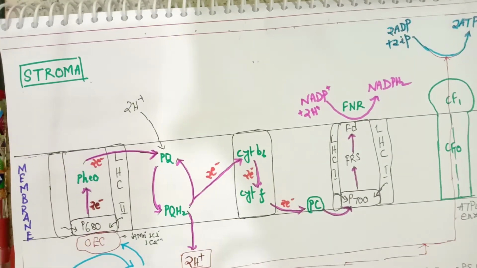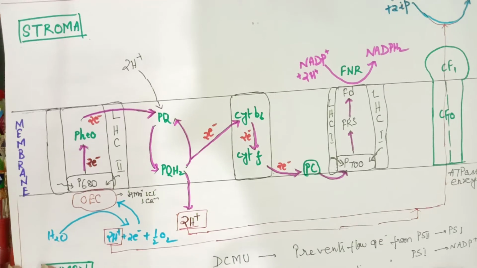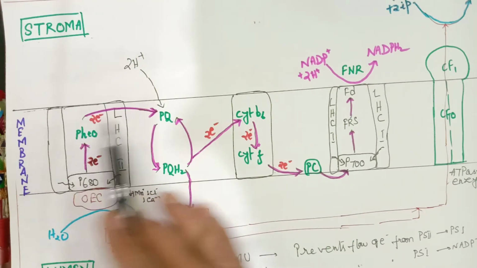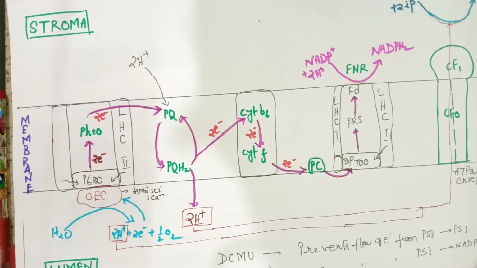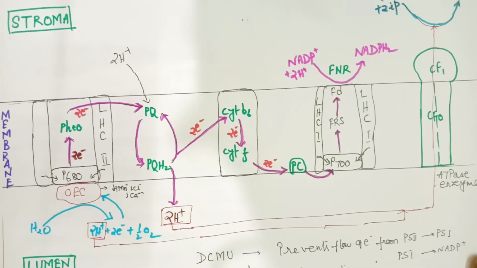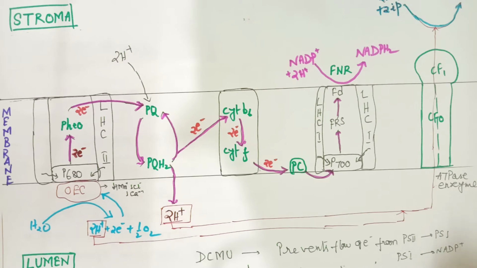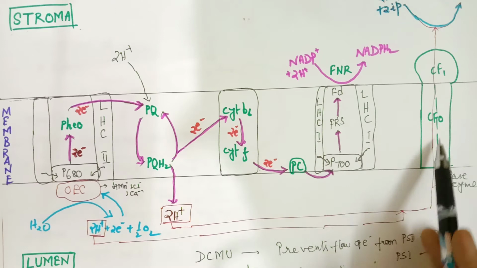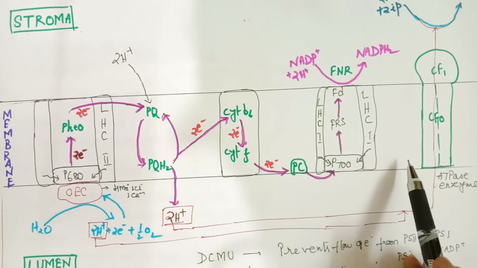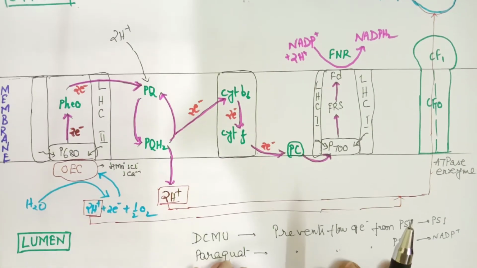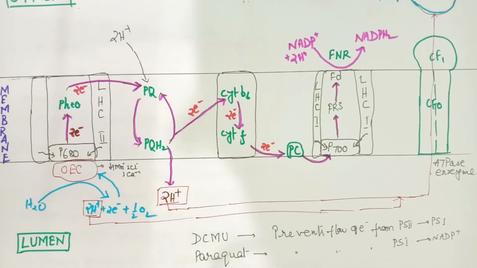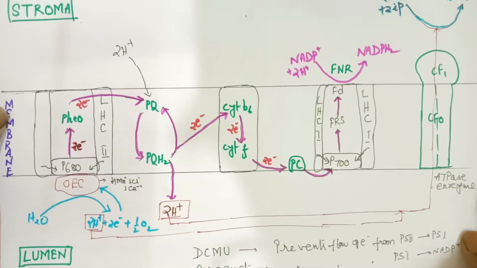So now let us understand the diagram in terms of the membrane. We know the thylakoid membrane is involved, which consists of different photosystems, and across the thylakoid membrane, how the transport occurs. So what is the mechanism? Now let us see. This is the membrane. I have shown it with all the electron carriers. On the other side, this is the stroma region and this is the lumen region. So, the lumen and the stroma region.